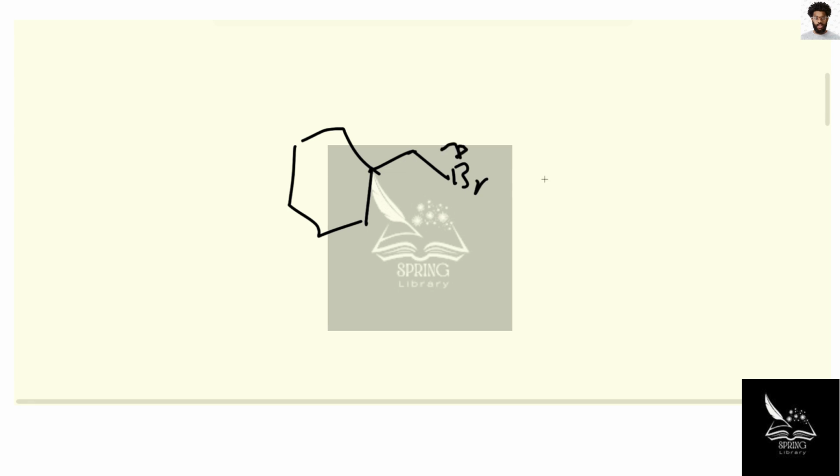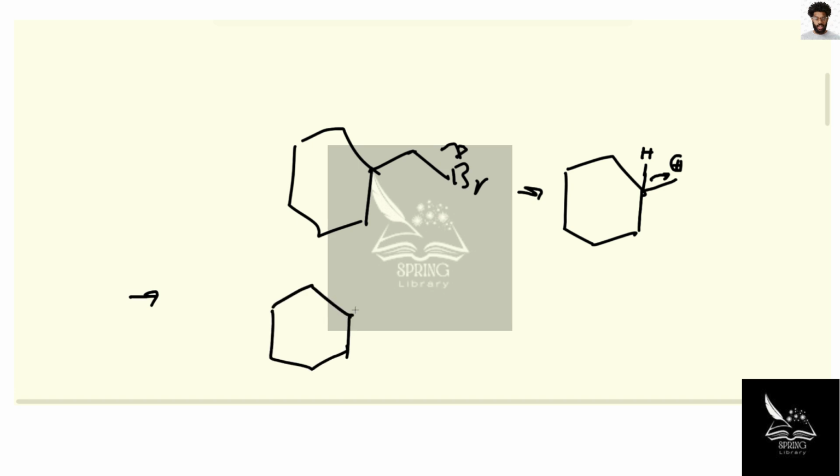If this bromine leaves and generates a primary carbocation, we could potentially see migration of a proton to form the following carbocation, right? And if we deprotonated a neighboring proton now, we would have generated product B,